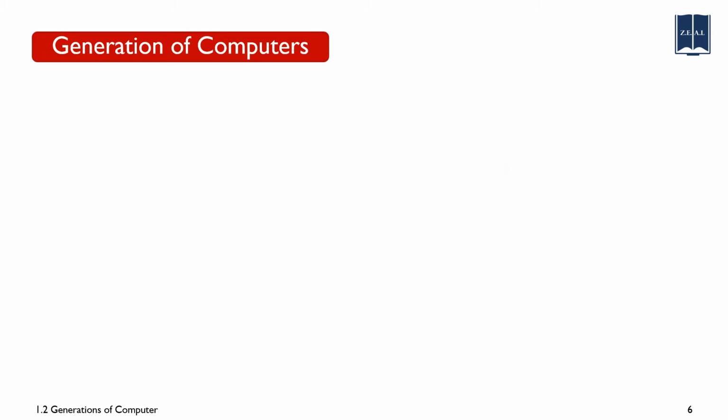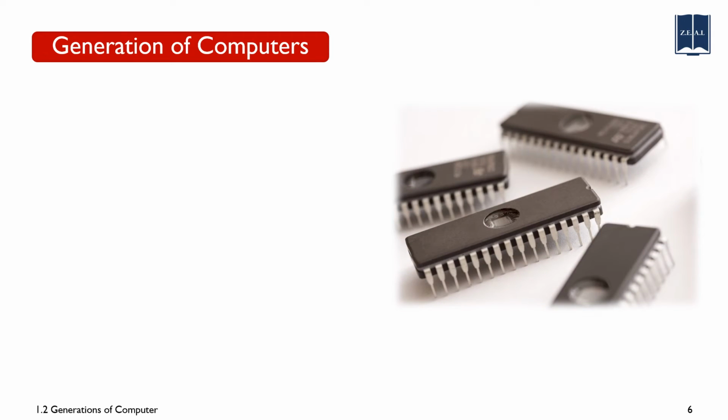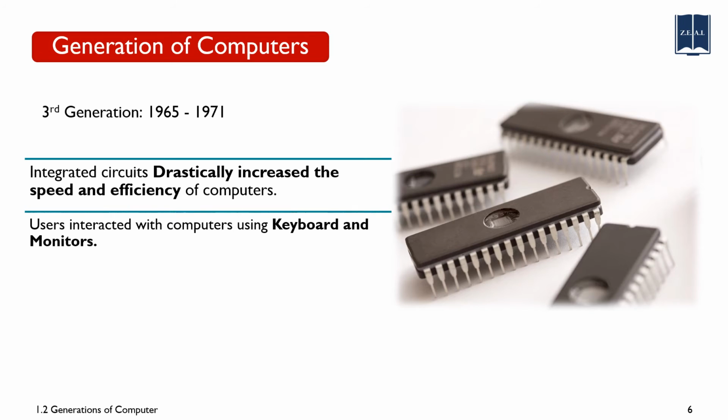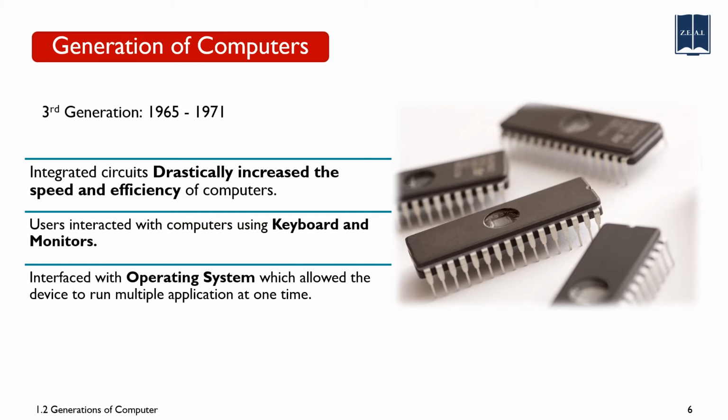The development of the integrated circuit was the hallmark of the third generation of computers. Transistors were miniaturized and placed on silicon chips, called semiconductors, which drastically increased the speed and efficiency of computers. Instead of punch cards and printouts, users interacted with third generation computers through keyboards and monitors and interfaced with an operating system, which allowed the device to run many different applications at one time with a central program that